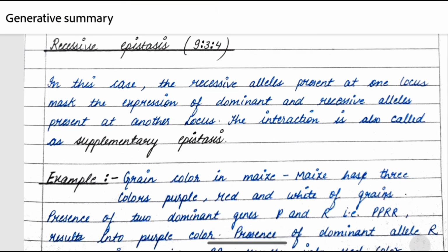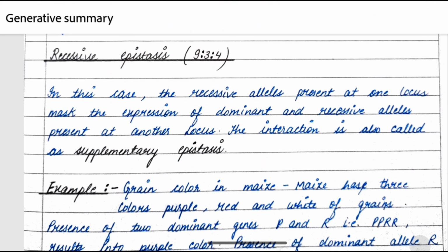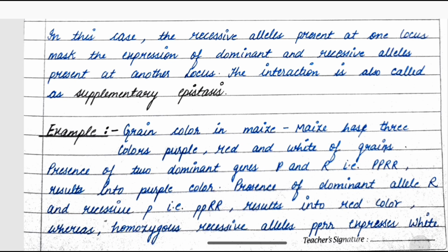recessive epistasis. The ratio is 9:3:4. In this case, इसमें डोमिनेंट और रेसेसिव एलिलीज को मास्क करती हैं एट द अनदर लोकस पे. ठीक, इसमें एक्सप्रेशन और डोमिनेंट और रेसेसिव एलिलीज को ही मास्क करती हैं डिफरेंट अनदर लोकस पे. इसी को द इंटरैक्शन इज ऑल्सो कॉल्ड एज सप्लीमेंट्री एपिस्टेसिस. Example,